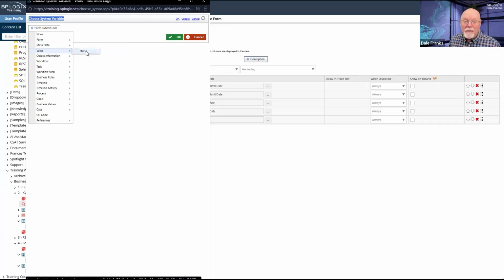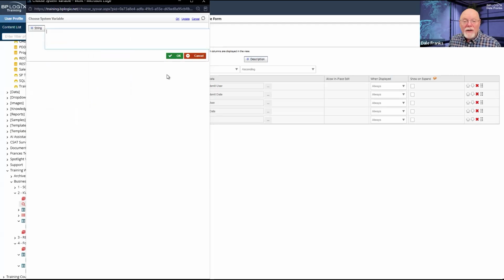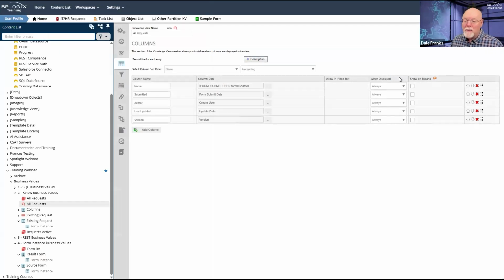I can go to value and string, and then it gives me this little text box here, and I can just type in form submit user format equals name, and we'll hit OK there.